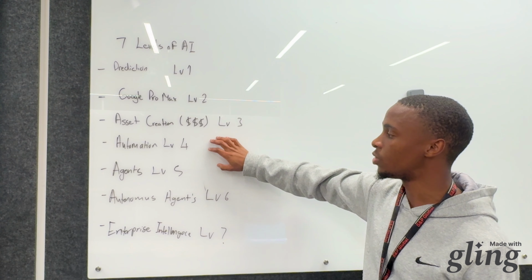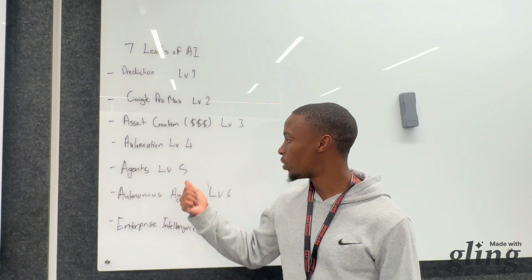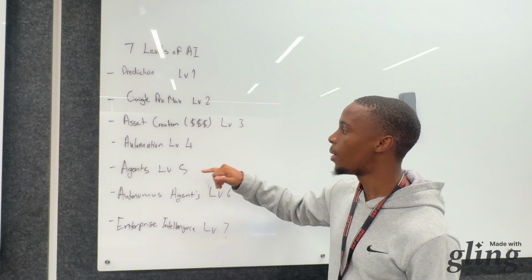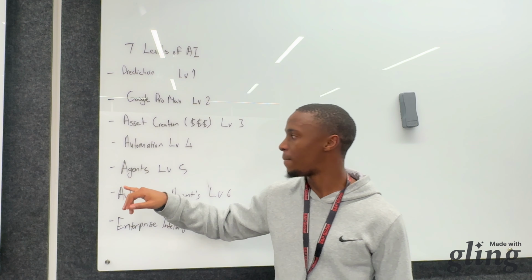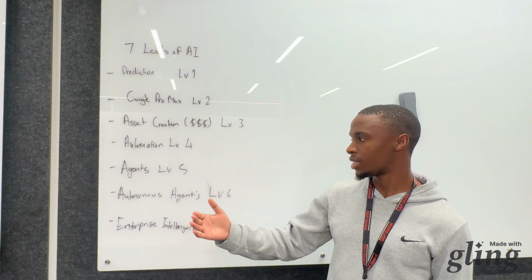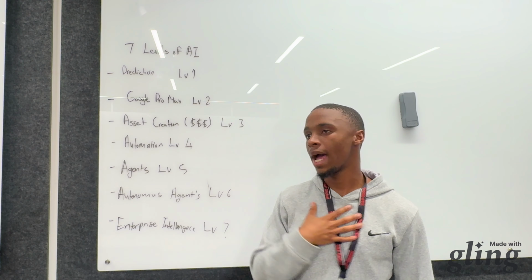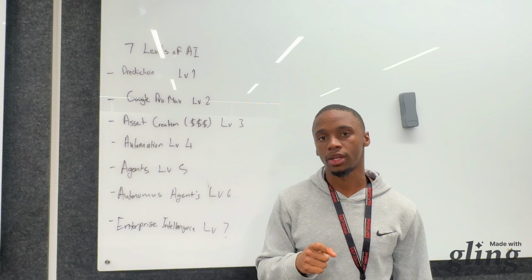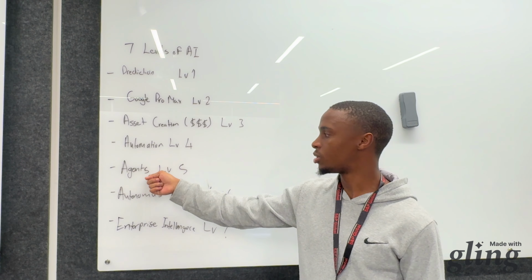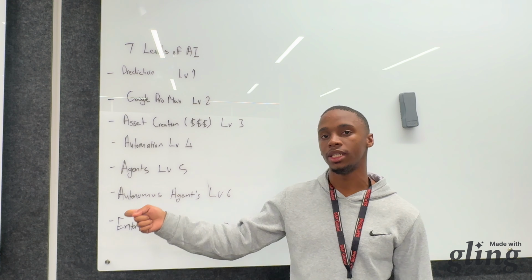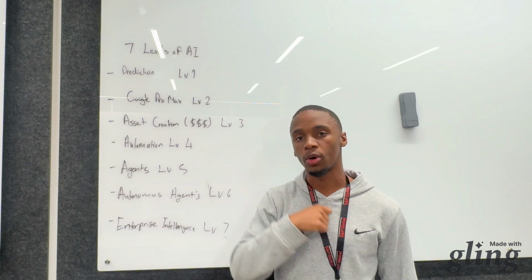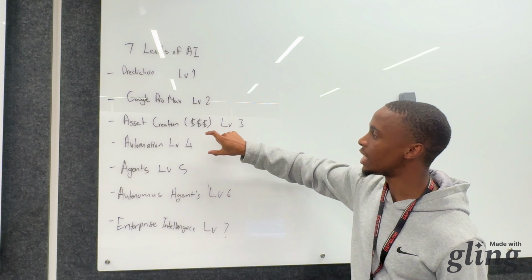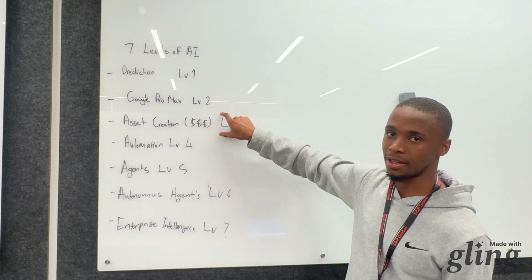Then this takes us to the next part of the levels of AI, which is the fifth level of AI, which is agents. Agents are basically the automation side, but the only difference is that on the automation side, I have to set up the steps to get the final results of the assets. At the agent's point, I just have to tell the agent what to do and what I'm looking for, and it will figure out the steps that it needs to generate the asset, right?